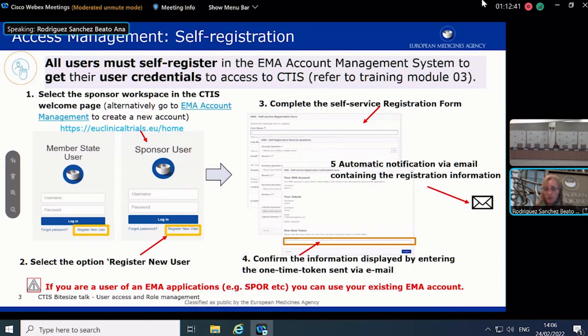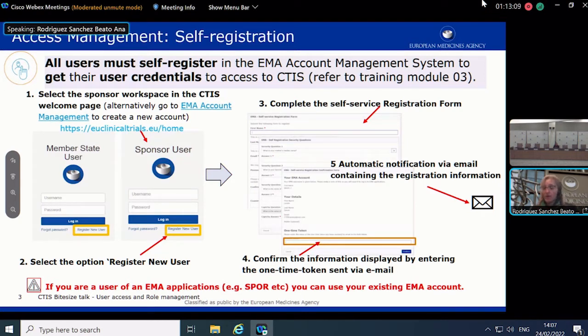And what are going to be the steps? These are more detailed here, and I will show you also through a demo. So if you click here on register new user, then you will be navigated to complete a self-registration form. You will have to provide some information, complete some structured data fields, and provide your email address. Once this is done, you have completed the several steps in relation to this form.